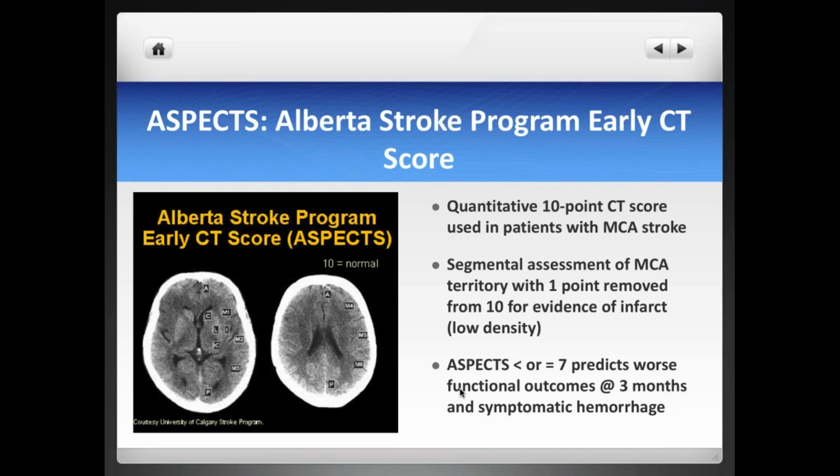That being said, there have been more recent papers that have suggested that an ASPECT score between 4 and 7, although not being associated with as many benefits as those with ASPECT scores of more than 7, is still associated with more benefits when thrombectomy is offered. In other words, thrombectomy works best when the ASPECT score is 7 or more. It works okay, and it's still better than not providing anything, when you have 4 to 7, and definitely probably not a very good idea to recanalize when the ASPECT score is less than 4.